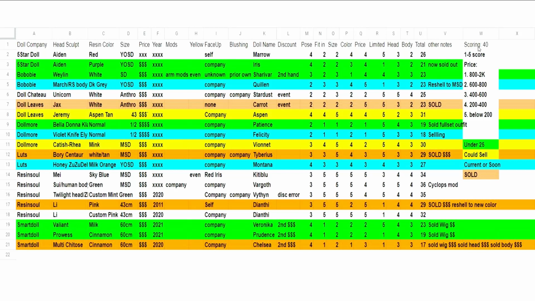So over here you see it says scoring 40. Since there are 8 different criteria and 5 points for each, it can have a total score of 40. This is the price that I was talking about as far as scoring that price column. And then I'll go over the colors here, which you can pretty much understand just by reading it. So let's just do the first doll here that's on the top of the list, a 5-star